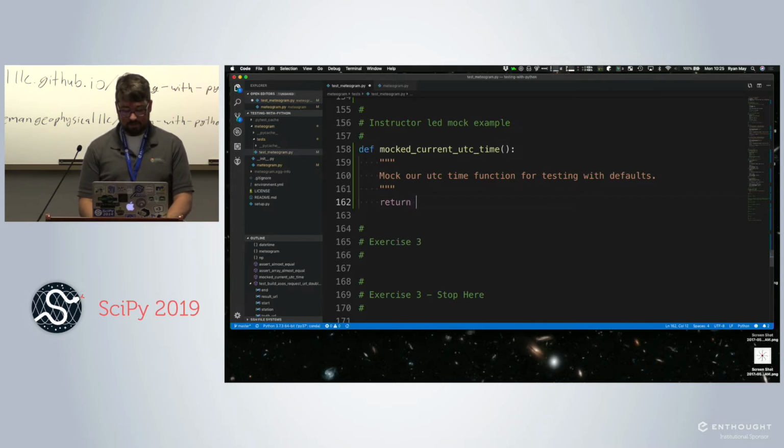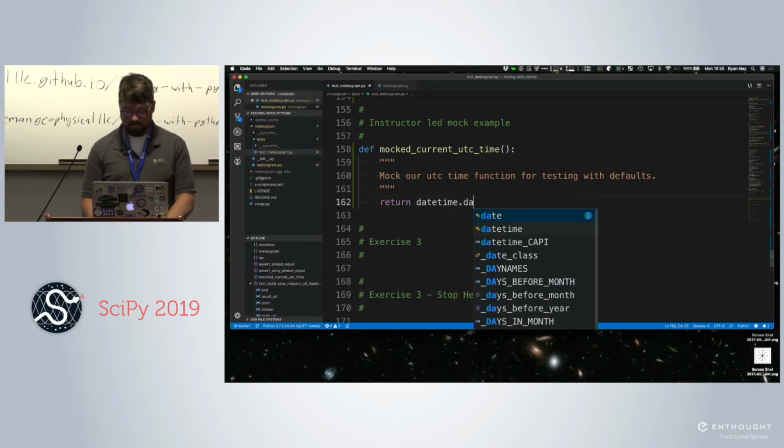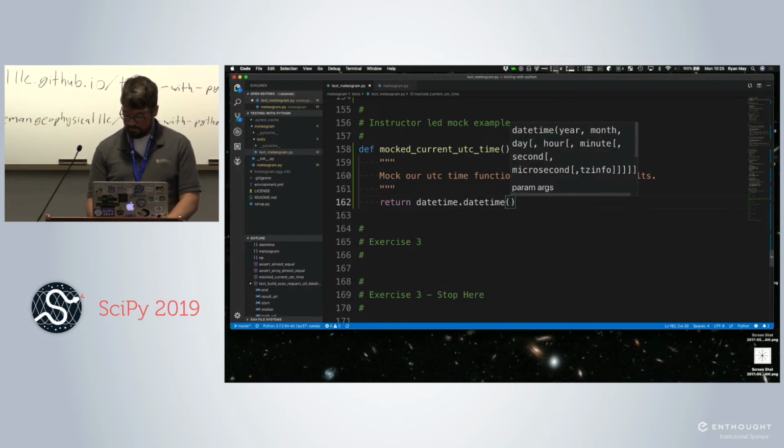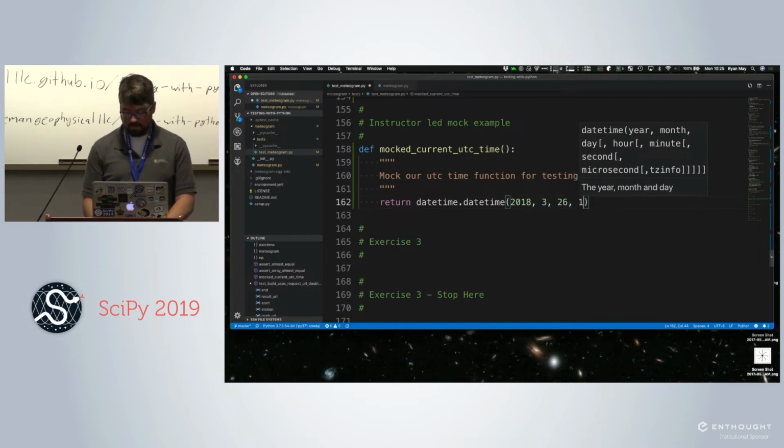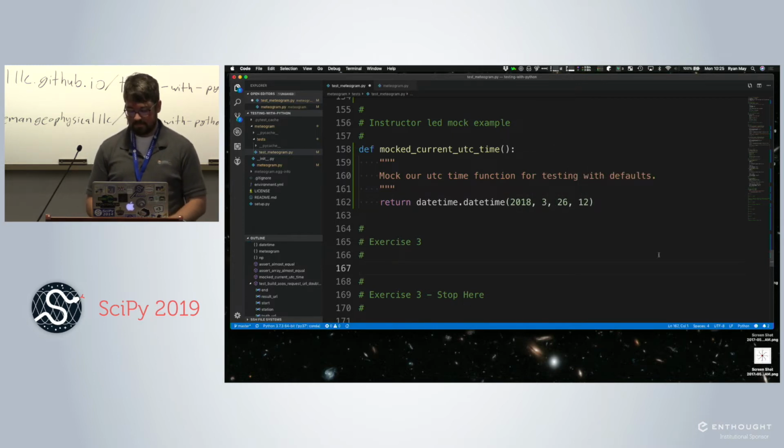And then I'm just going to return a fixed date time. So 2018 3/26 at 12Z. Why not?